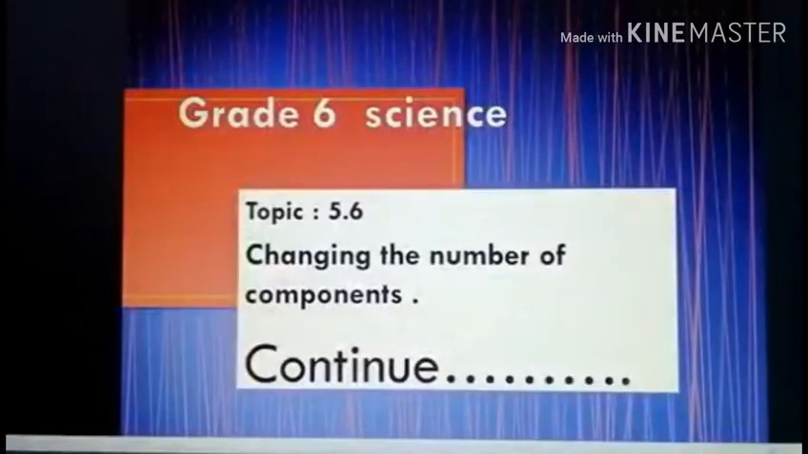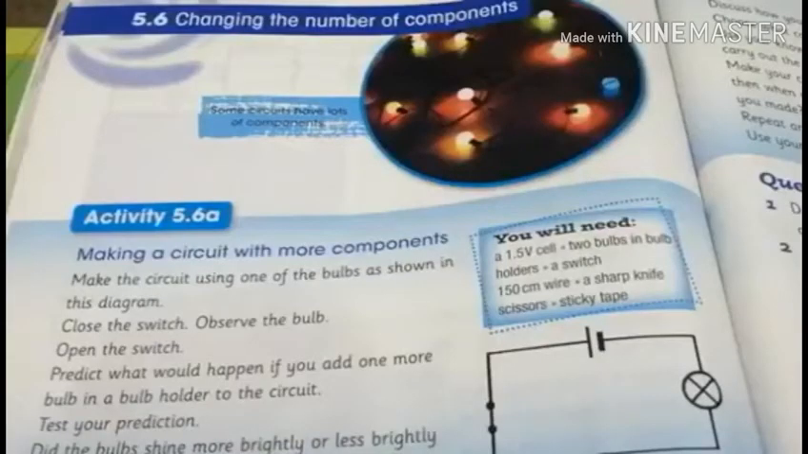Today we will continue our last section 5.6, changing the number of components. All of you take your science learners book, page number 86, topic 5.6, changing the number of components. Now look at the first page. Here you can see